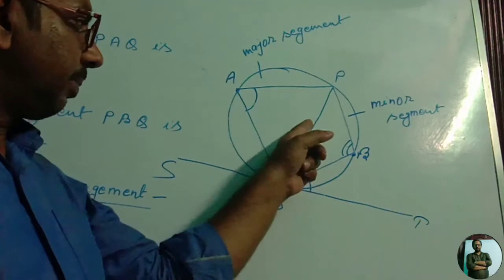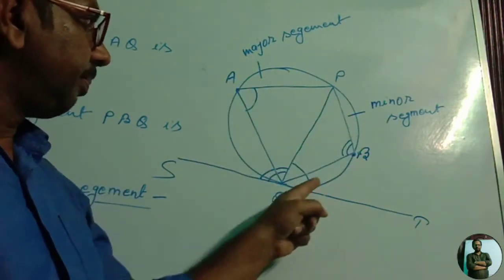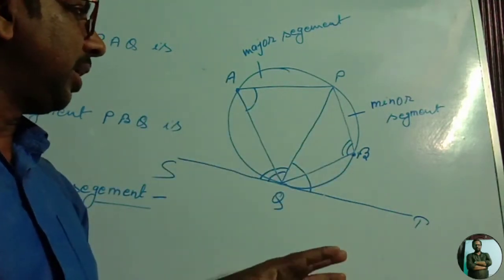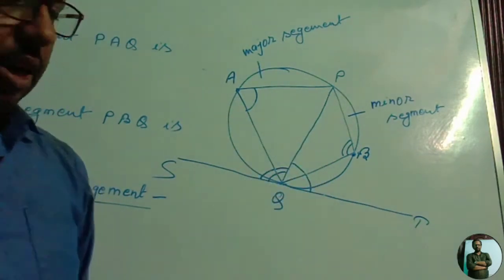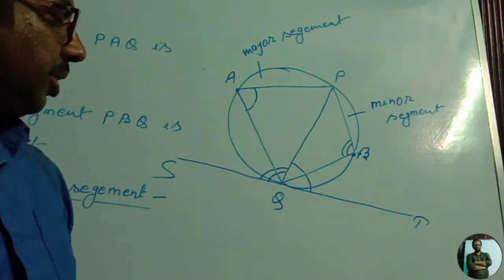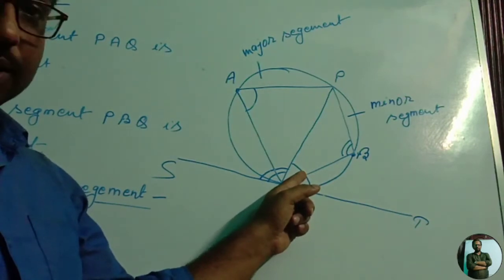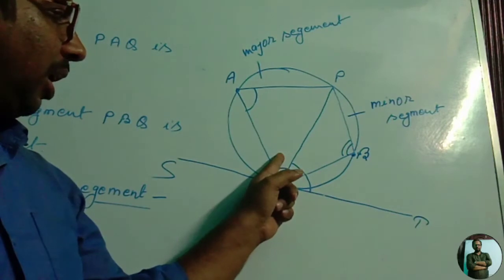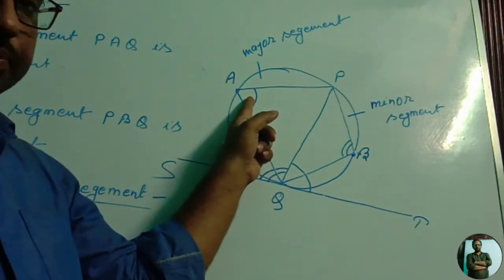This angle is subtended by the chord and the tangent, while this is the angle of the cyclic quadrilateral APBQ. Again I repeat, how to identify the angle in alternate segment for any angle that is subtended by the chord and the tangent. Here angle PQT is subtended by the chord and the tangent QT. Which one will be the angle in the alternate segment? To identify that, you cross this chord, we came here, and after that you travel along this side, we reach this angle.